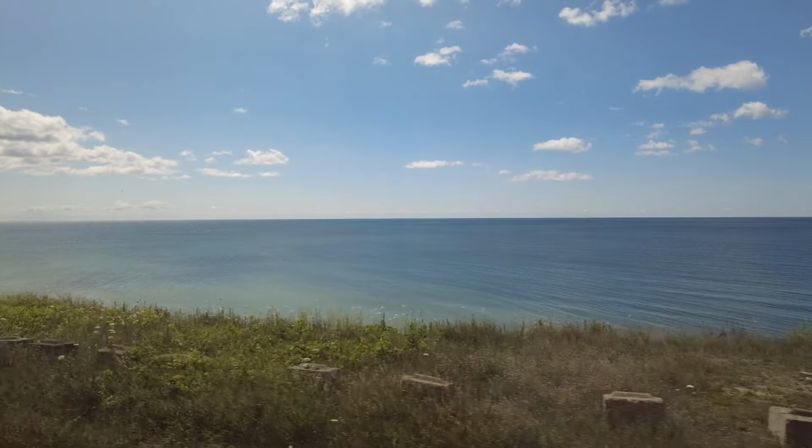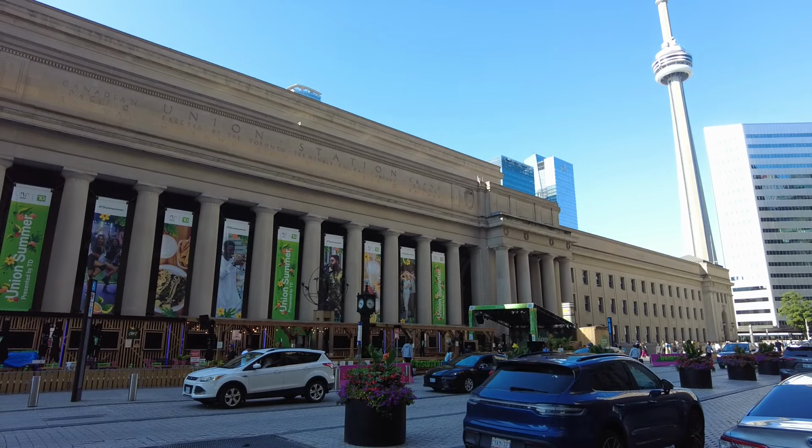It's a lovely summer's day, so let's enjoy it as we kick things off in downtown Toronto. Good morning and welcome to Toronto. We're back once again outside Union Station, which means it's time for another trip with Via Rail. Since the last time I rode with them, they procured new train cars, so if I plan things right and Via Rail doesn't change anything on us, we should be on one of those